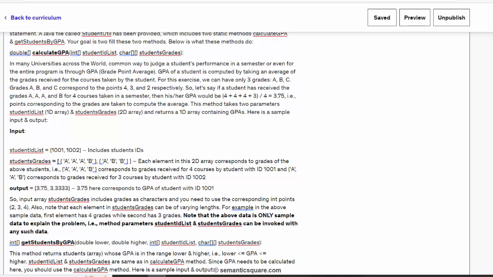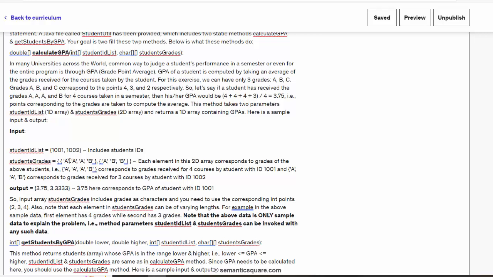So what we need to do is we need to process this 2D array. And for that we will be using a for each loop. We need 2 for loops, 1 for loop to process this entire 2D array, and in each iteration we also have one more 1-dimensional array to process. And for that we need one more for loop. So it's going to be a nested for loop. And in the outer for loop we will use a variable,